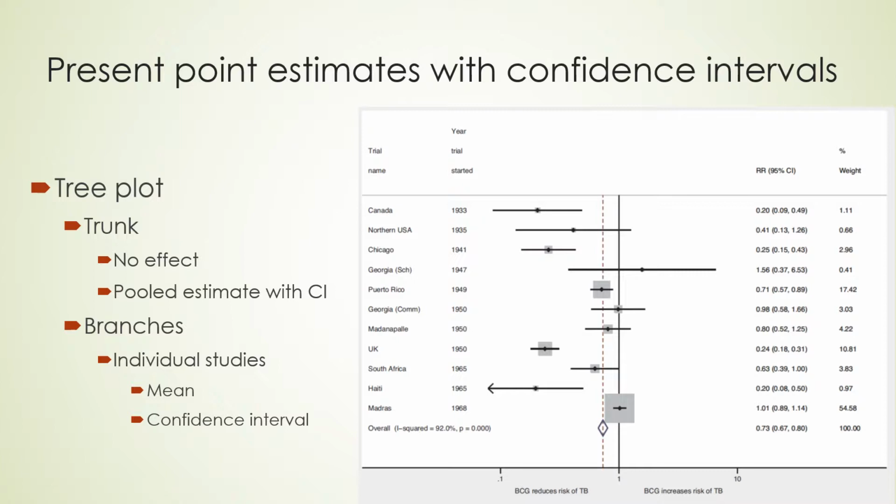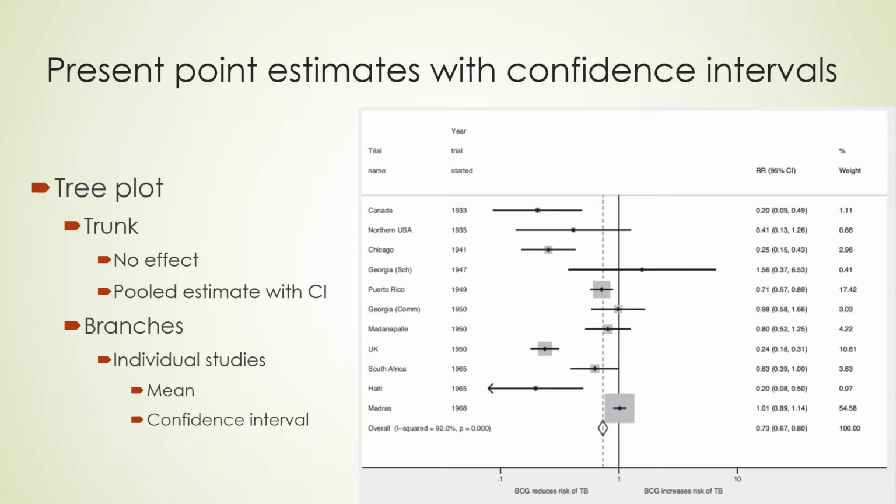Here it's indicated by the name, maybe the name of the author or the location in this case, and the year. What sort of descriptive information you include really isn't all that important. The key thing is to put both the mean effect and the confidence interval